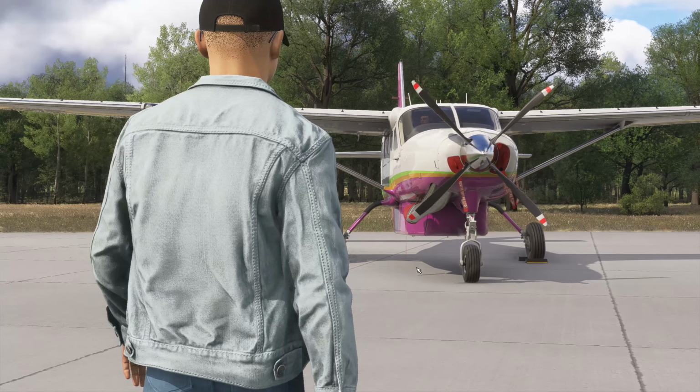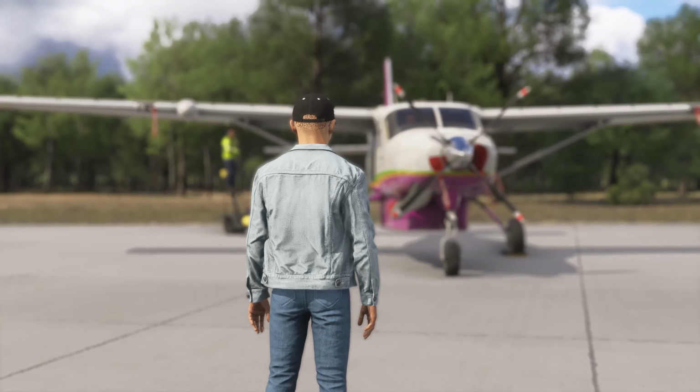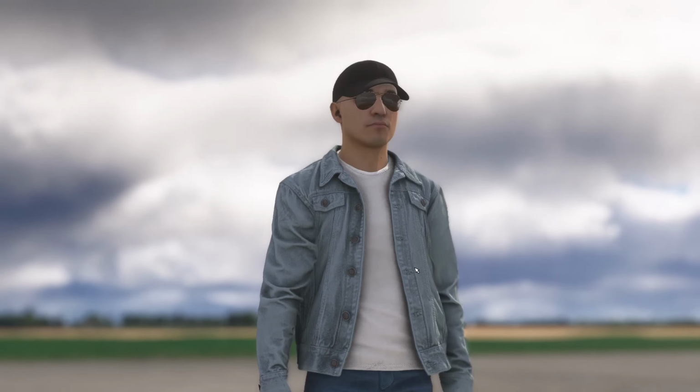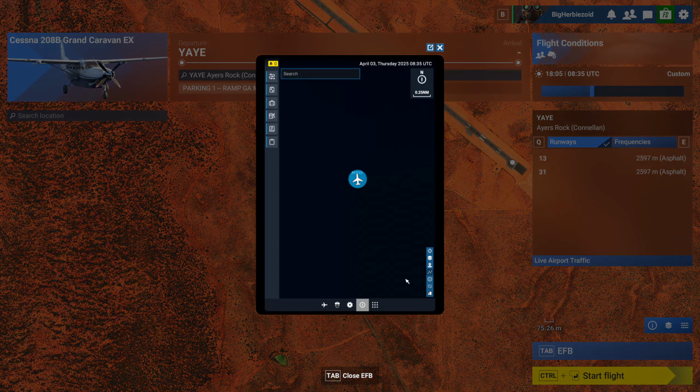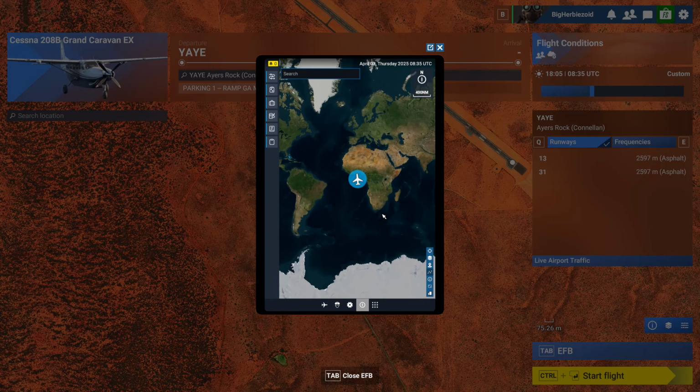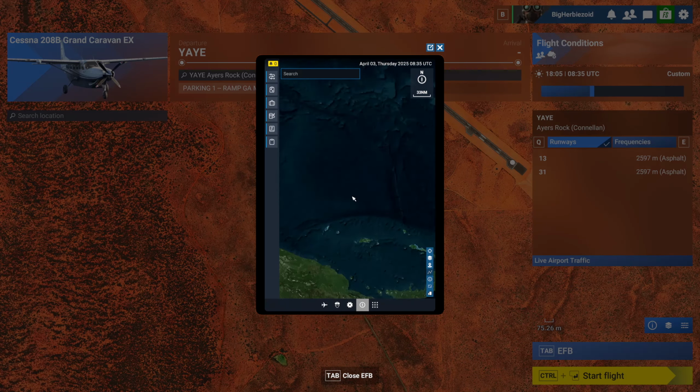Hello everyone. This should be a short one because I only want to focus on the EFB today. It was the most promising feature the developers announced, and it almost lives up to the hype. I say almost because some aspects of it are confusing to me, and maybe someone out there can help explain